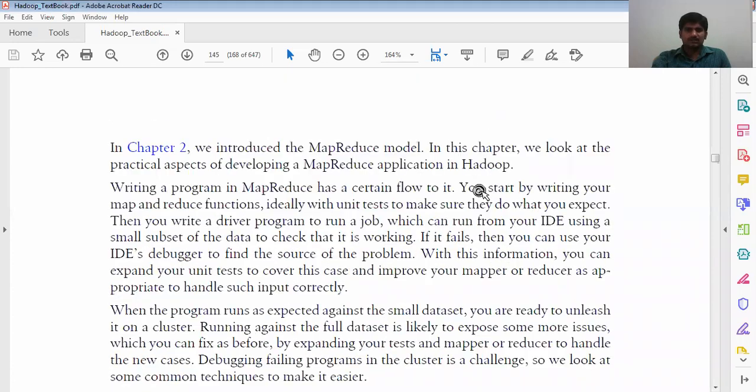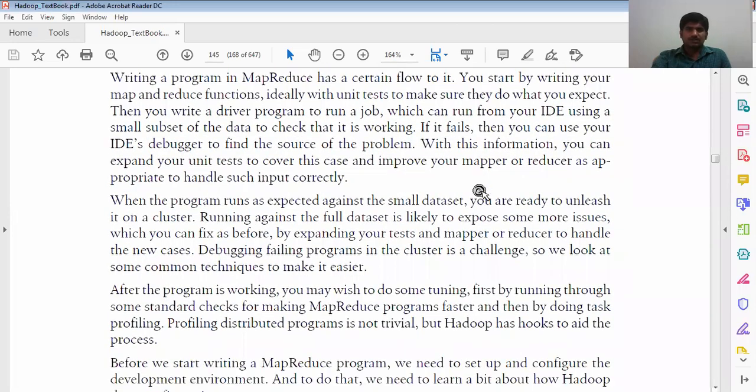So in chapter 3 we saw the MapReduce model. Writing a MapReduce program has a certain flow. You can start by writing your map and reduce functions. The MapReduce program entirely has two different parts: one is the map part and the other is the reduce part.